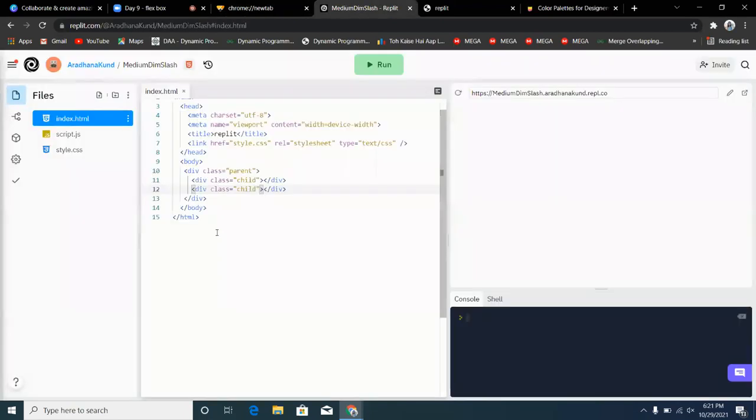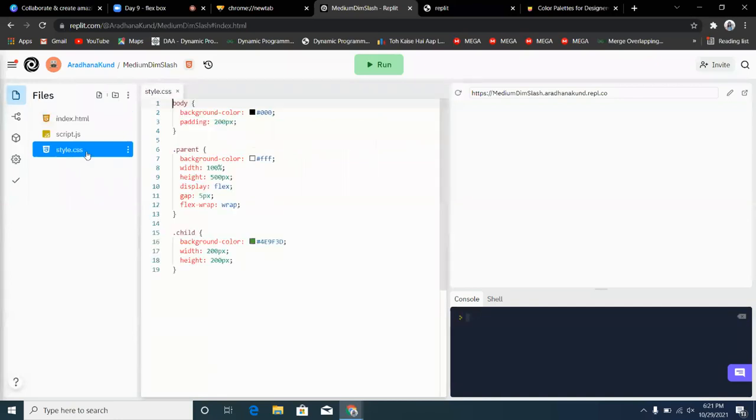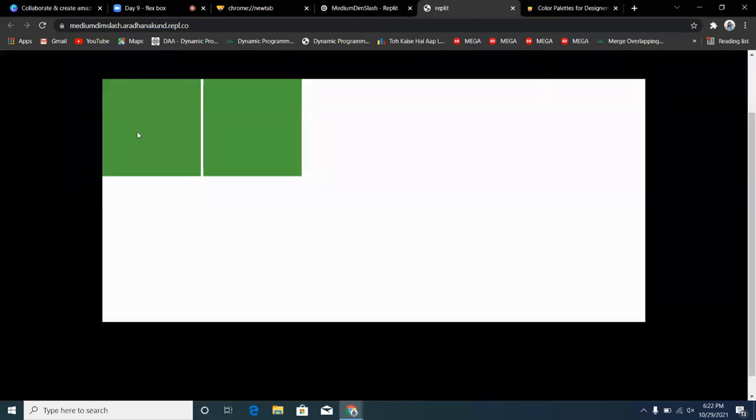So what you can do over here inside the styles.css is tell it that you want to justify the contents from the end. You can write justify-content and then flex-end. Flex-start is the default justify-content, available from the beginning. Even if you write flex-start, there will be no change because that's the default, from left to right.